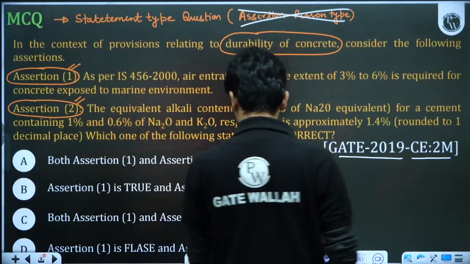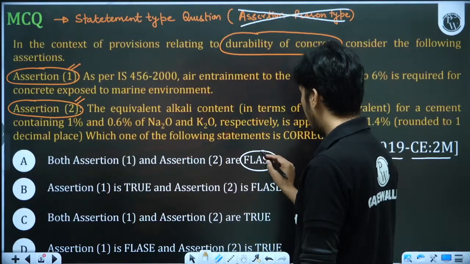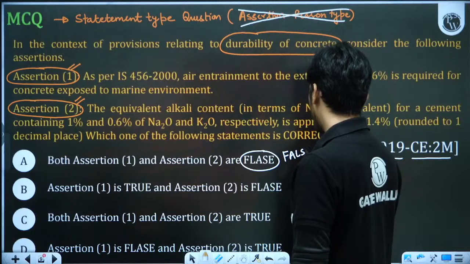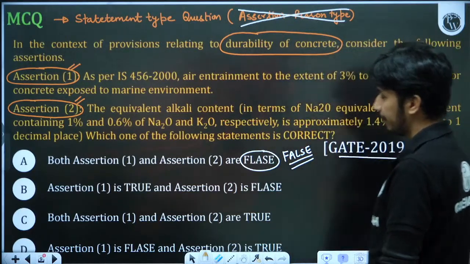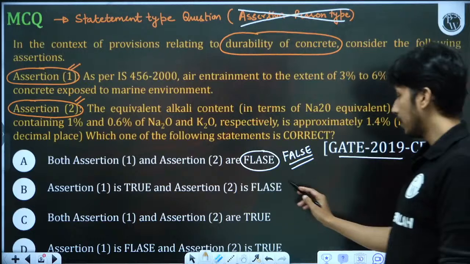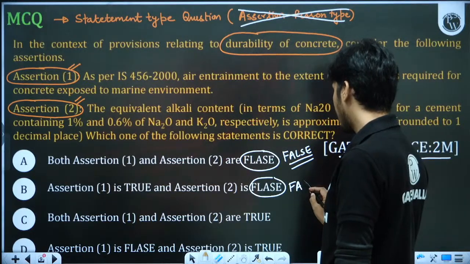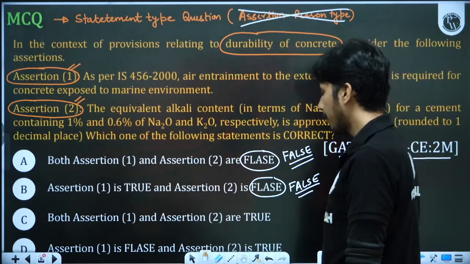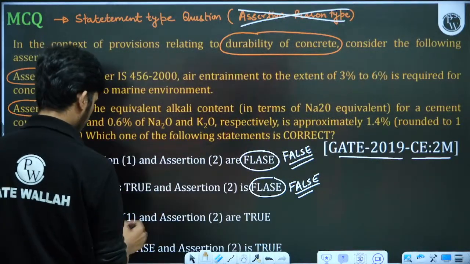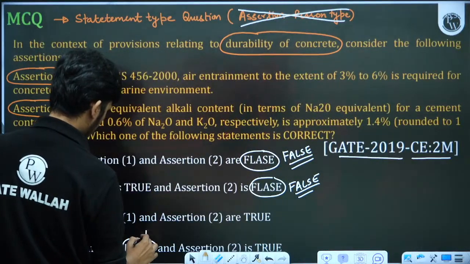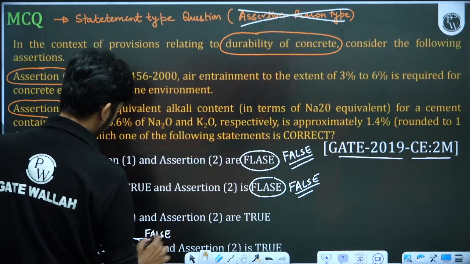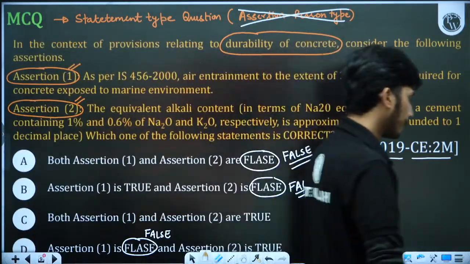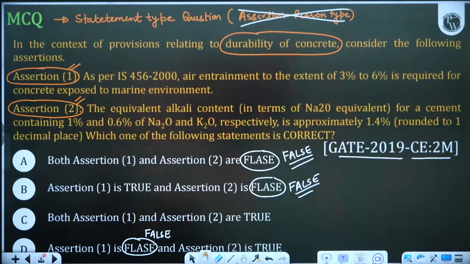So where FLASE is written, actually this is false. This is not FLASE, this is actually false. This is just a basic typing mistake. Whenever it is written, you must understand this is actually false. Now tell me quickly. Then we will move towards the direct answer type of question, where we can give the direct answer.